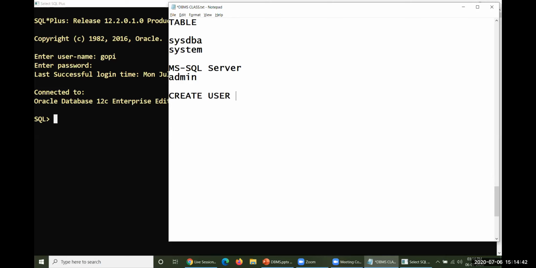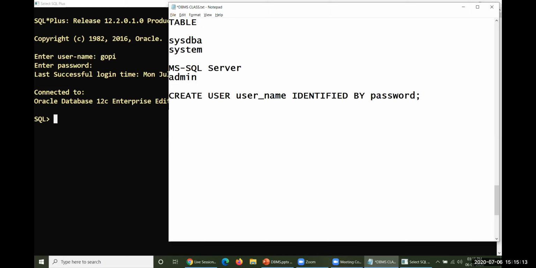Because of that particular object we have taken table as our keyword. Now we are trying to create one more object, that is user. So create user, username, whatever the username you consider, identified by, and the password, whatever the password you are trying to put over there. So it gets created only as your user.